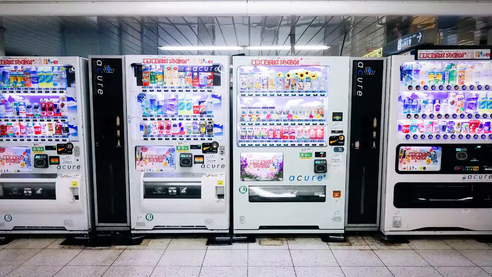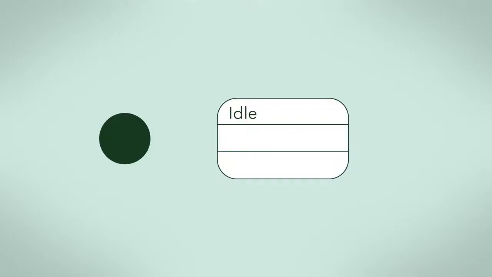Now back to our vending machine example. When the vending machine enters this idle state, it always displays the total of coins inserted so far. This means it is also tracking this total. I will draw these inside the rectangle. The state variable is total, and the entry activity will be display total.